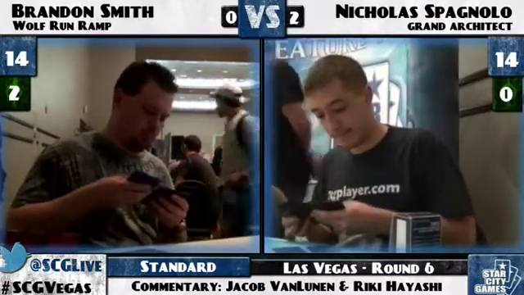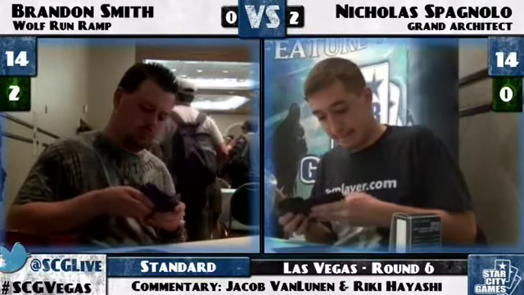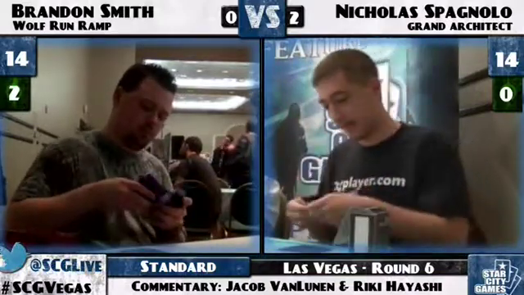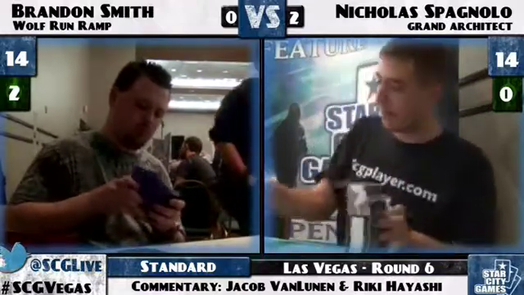No kidding. I mean, yeah, so Nick Spagnolo advances to 5-0-1 now, playing an interesting Grand Architect brew. For those of you listening at home, the deck list is 2 Wormcoil Engine, 3 Spellskite, 4 Snapcaster Mage, 4 Grand Architect, 4 Mana Leak,